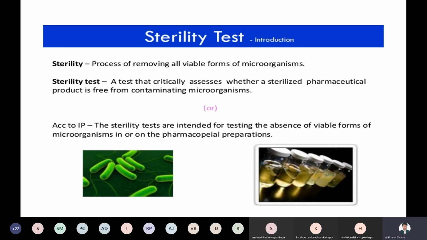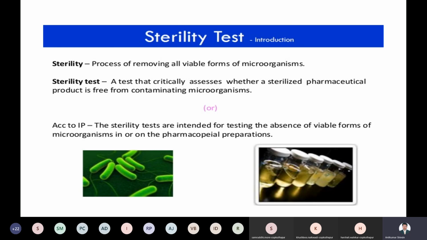I know that different UV radiations are set up in hotels or restaurants, right? What is the purpose behind this? We can kill the microorganisms and avoid contamination in that area. That's why these different sterilizing methods can be used to make the article free from bacteria. Understand it? So you can sterilize it.